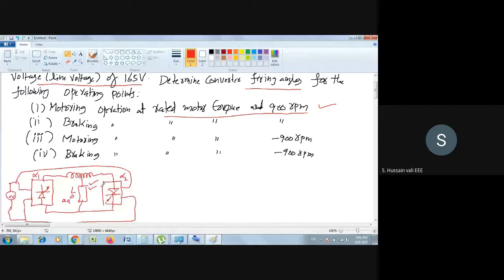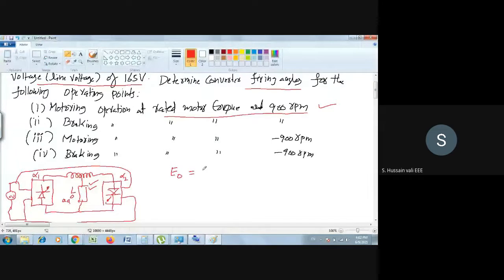We just find out. Okay, so first of all, where can I find this equation of firing angle? That's the thing. One equation we have for the dual converter. Please recall. Here we don't need to worry whether this is the equation you have studied previously or not. If you go through the textbook, you will get this equation. If it is different, then you use the equation you have studied there. You bring that equation here, then you go ahead. So what is the equation you find here, I will write now directly.